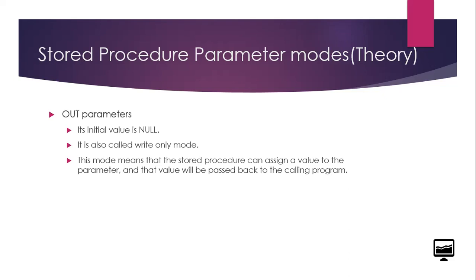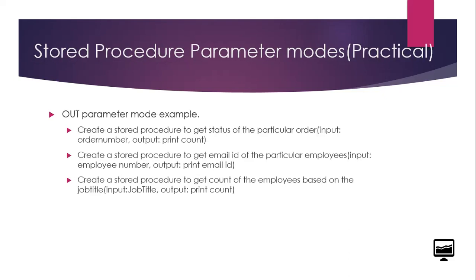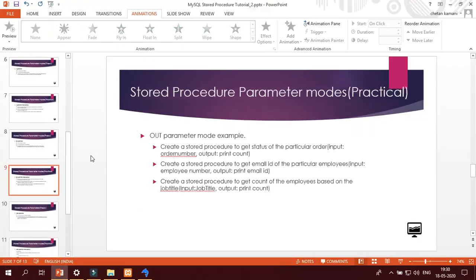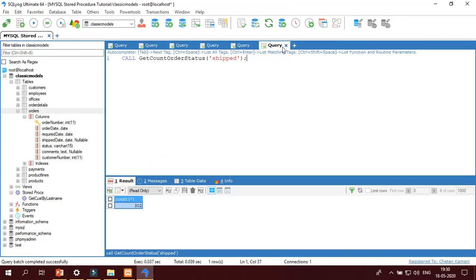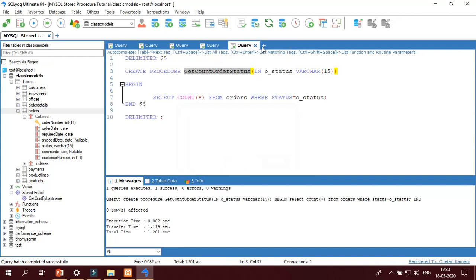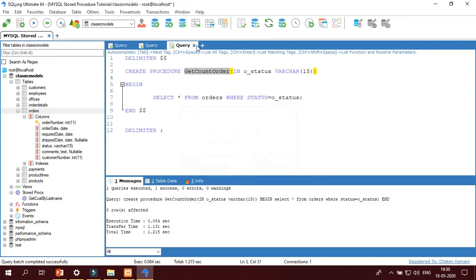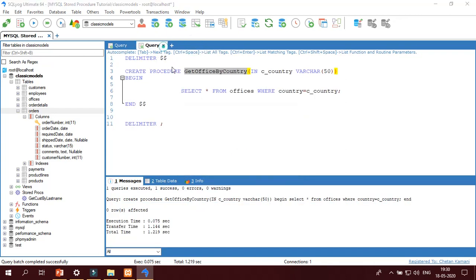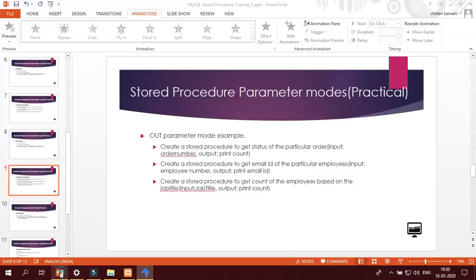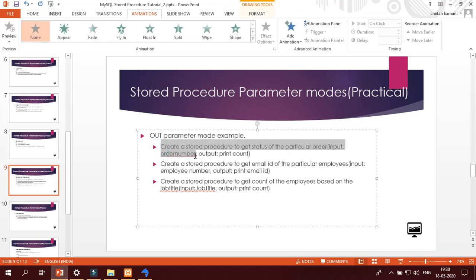Okay, so let us quickly look at the examples. These three examples we will do for the OUT parameter. Create a stored procedure to get the status of a particular order, create a stored procedure to get the email ID of a particular employee, create a procedure to get the count of employees based on the job title. Okay, open. First I am going to delete this query editor. Okay, read it twice.